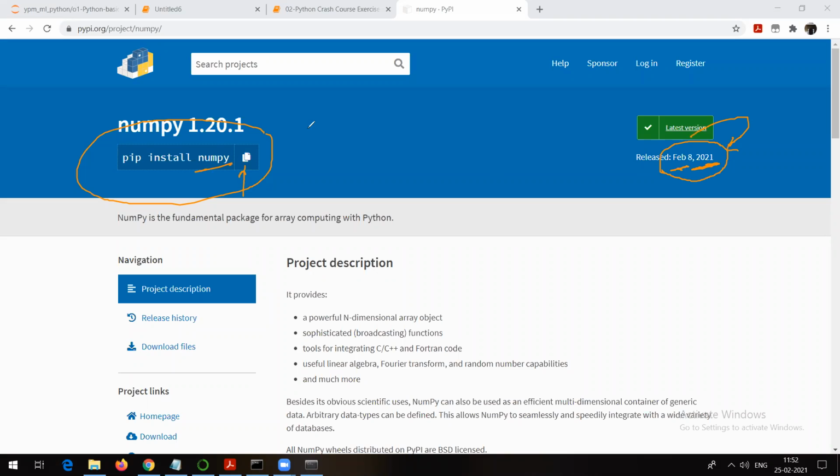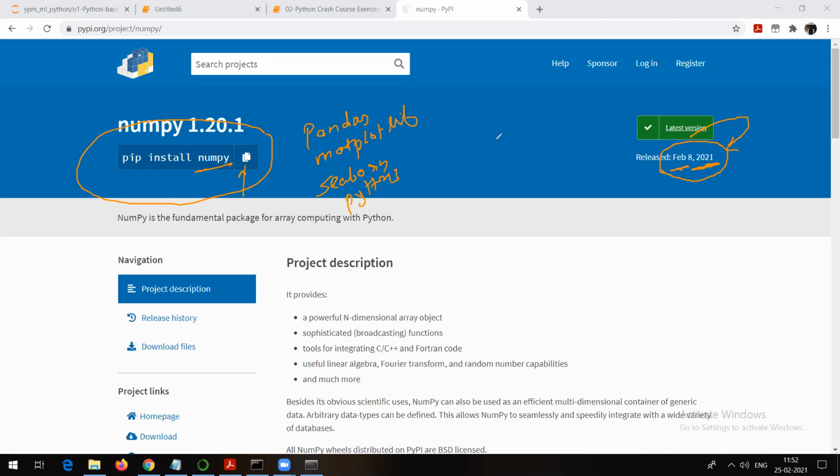So after NumPy, we will be discussing pandas and matplotlib, right? There are a lot of packages. One cannot even remember the names of all these packages, but one should know at least the basic packages on top of which other packages are built, like Seaborn. Seaborn also we will be talking about. pyttsx we have already shown, right? Voice command. And yes, there are other packages which we are going to talk about on the application side.